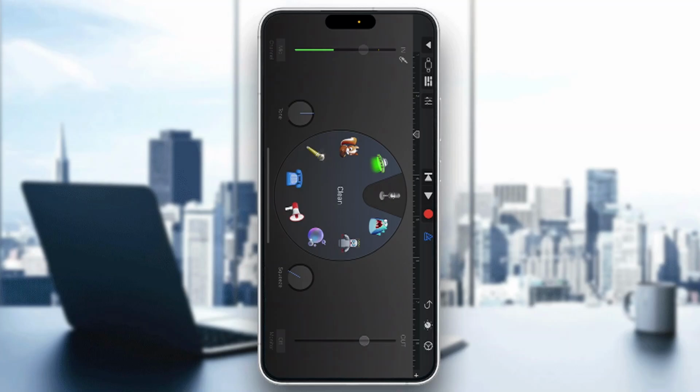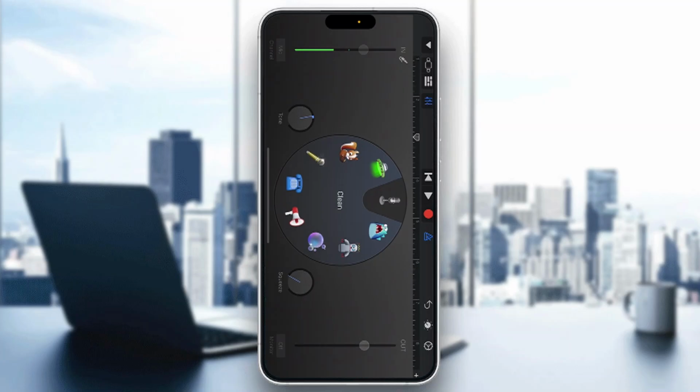Well, here as you can see, first of all, we have the effects that we can use. We have the clean option, we have the sci-fi, the monster, and so on. And here you can manage your tone with the slider. You have the option to manage your squeeze and so on. So here is what we can do to firstly edit it, but the main edit tools are right here in